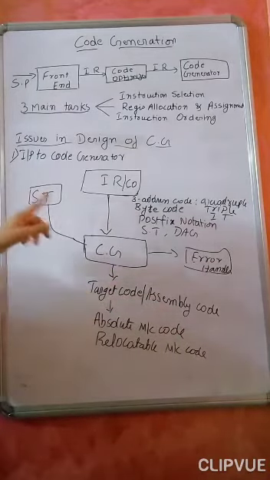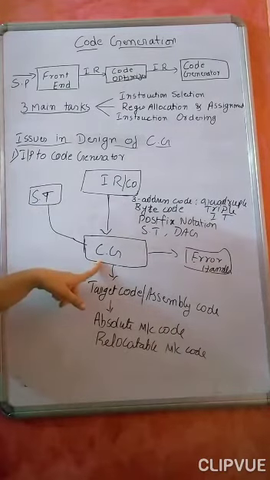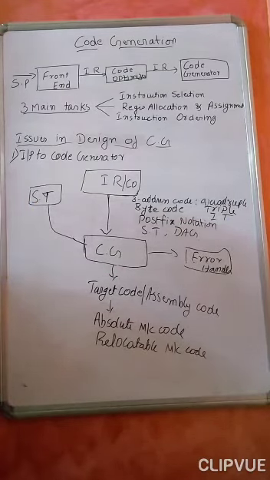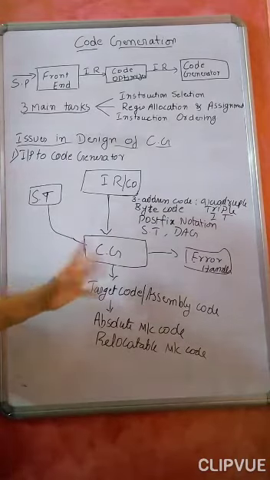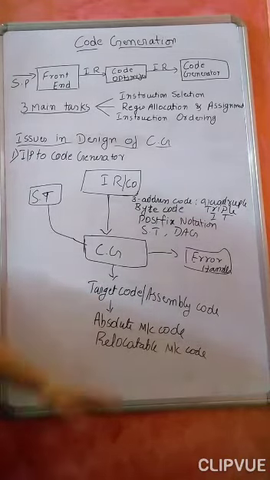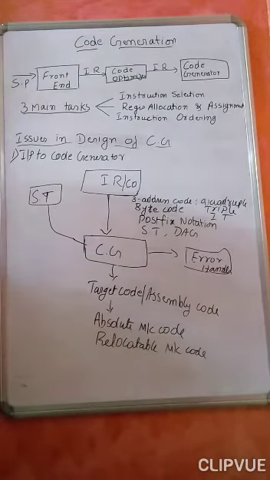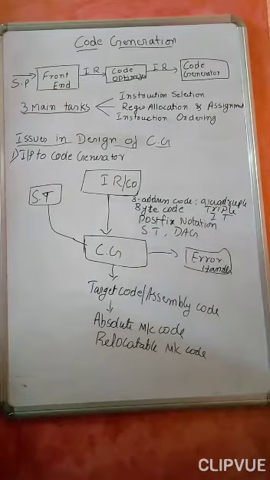So this code generator will consider this intermediate representation along with all the information stored in the symbol table about all the variables, constants, and different procedure calls. It will consider all of this in order to generate the target code or the assembly code. Already I have told you many times that along with the symbol table, it will also handle the errors. Errors are usually semantic, and syntax errors will usually be determined in the previous phases only. But some of the errors may be detected in this particular code generator phase also.